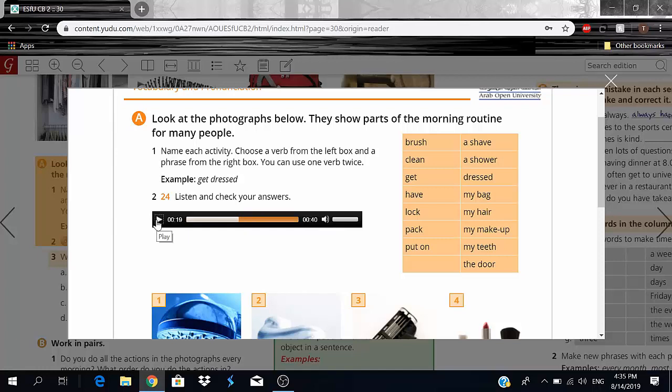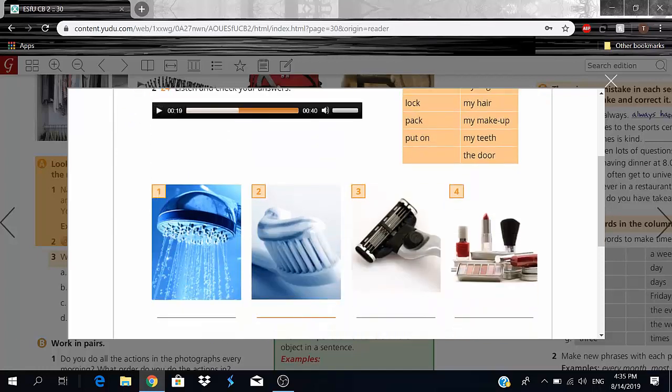Okay, so I was wrong about the second one. It's not brush your teeth. Obviously, it is correct, or brush my teeth. But since she said clean my teeth, we're going to use that instead. So here we'll say clean my teeth. Just want to let you guys know that brush your teeth is also correct.